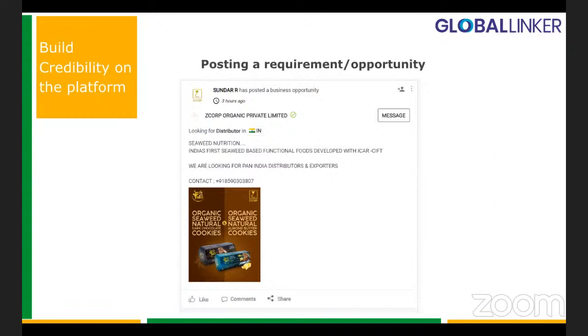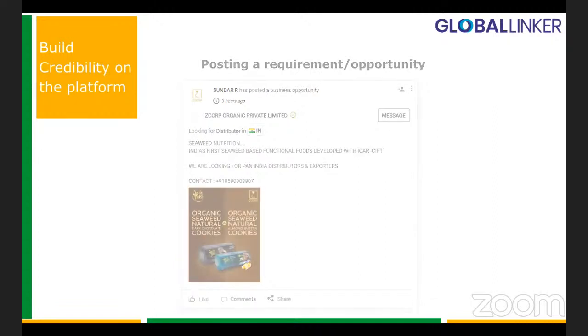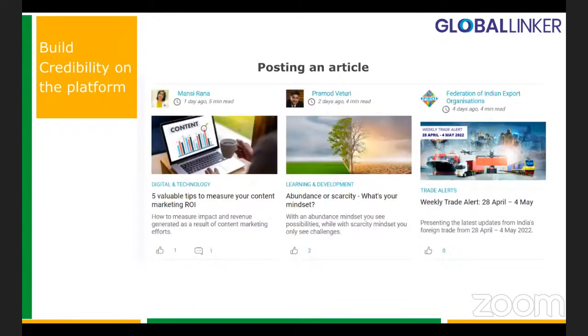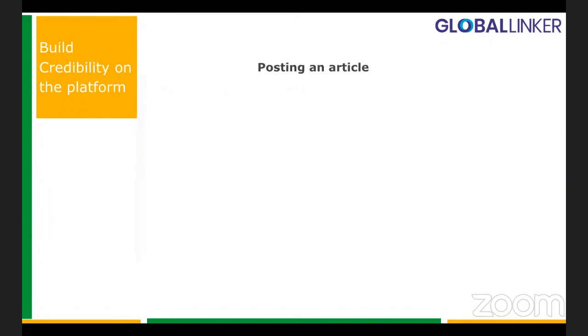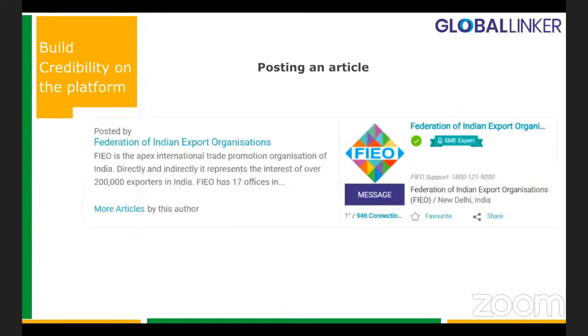So use this tool to talk about your business, to make people aware about your organization within the platform as well. Another very great way is to establish yourself as an expert by writing articles on any subject matter that you are an expert in. You get titled as the author of the article, and your articles also get read by a lot of SMEs. You also get due credit, because this is the sign off you get after your article is completed, and this also leads to your profile as well. So anything you do on the platform should ideally lead you to your profile as well.